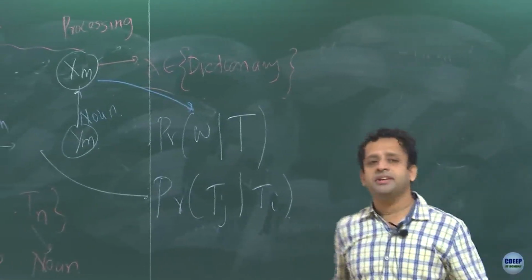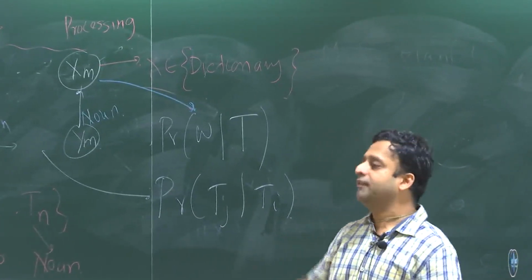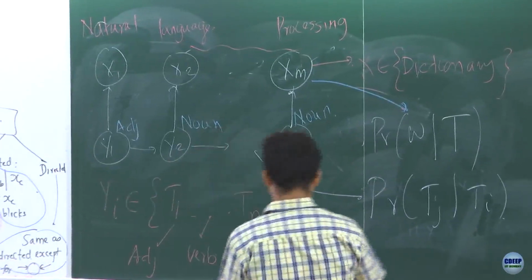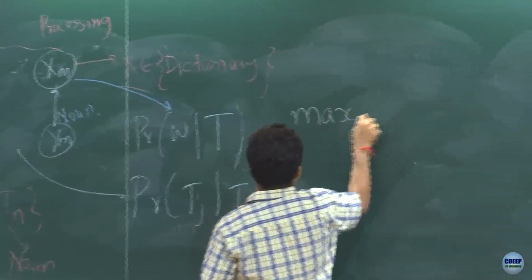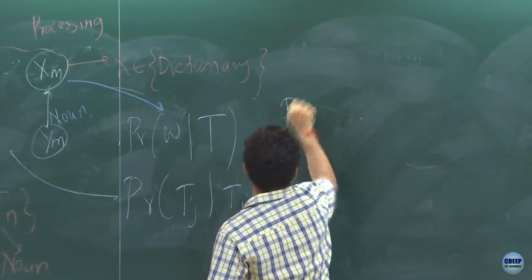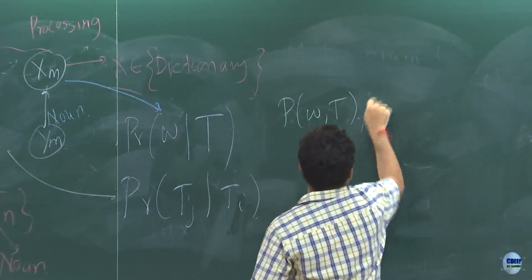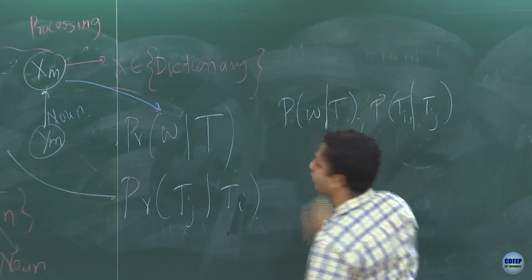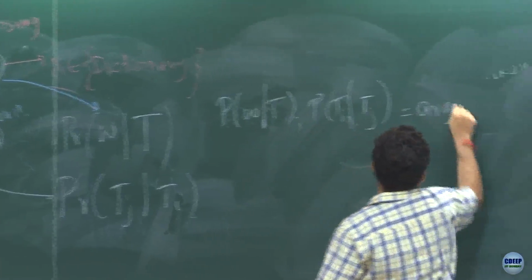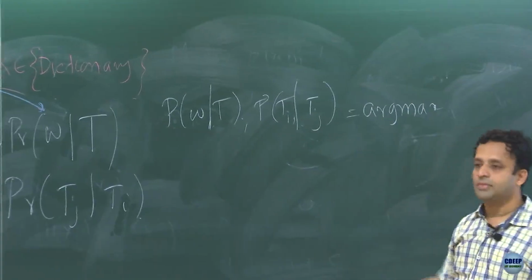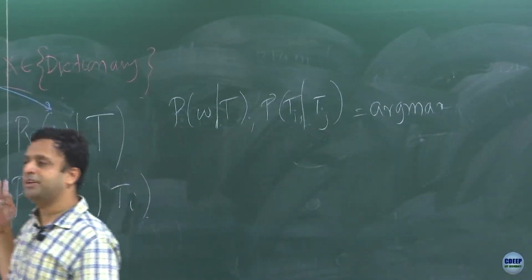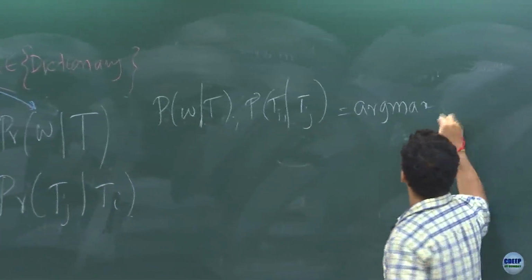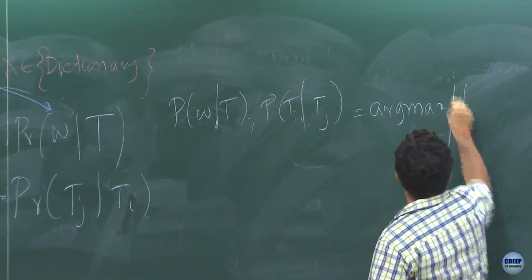So let's say I give you some training data, and in your lab today you will be given some data where you are given words and their parts of speech tags. So if you do a maximum likelihood here, what I want to estimate is P of W given T and P of Tj given Ti, which is the argmax. I view this as a probability distribution decomposed using a hidden Markov graph. So that's argmax over all the training examples